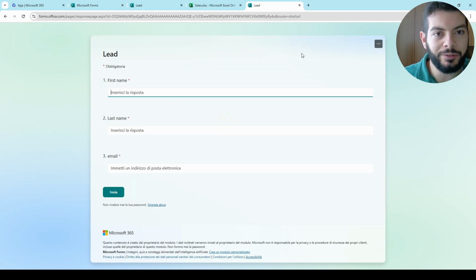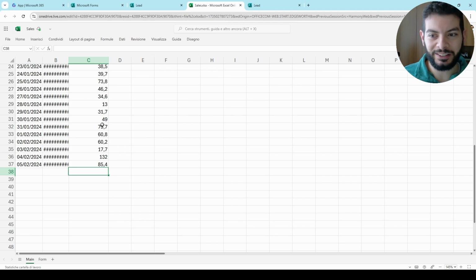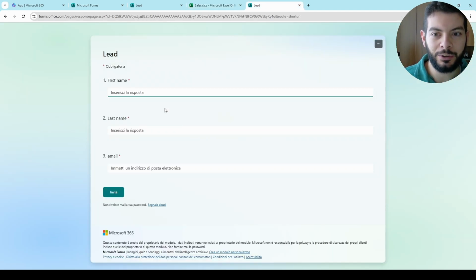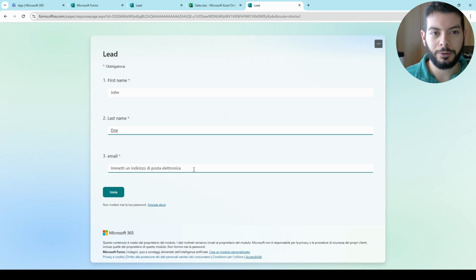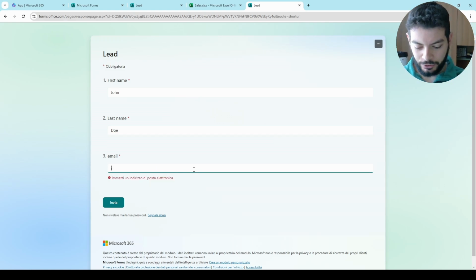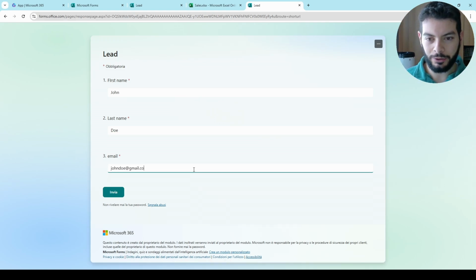This seems trivial to some, but try to say this for Excel sheets that have thousands and thousands of rows. I dare you to prove me otherwise. Anyway, let's say John Doe, the equivalent of Mario Rossi, email johndoe@gmail.com.